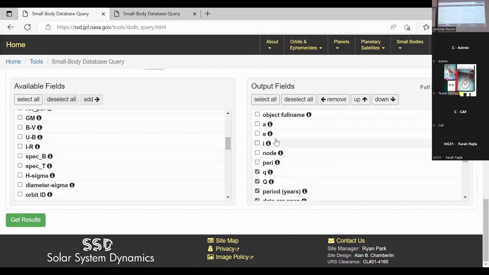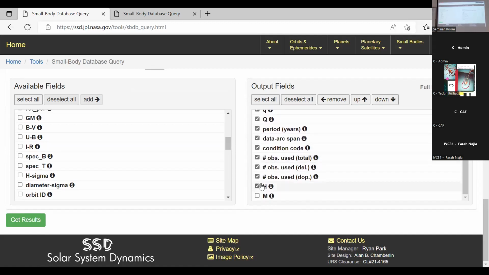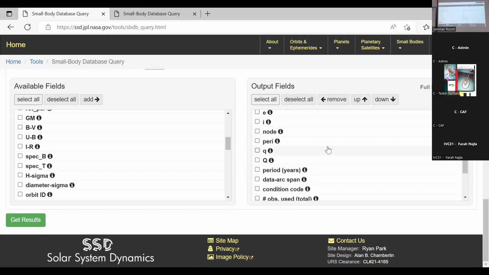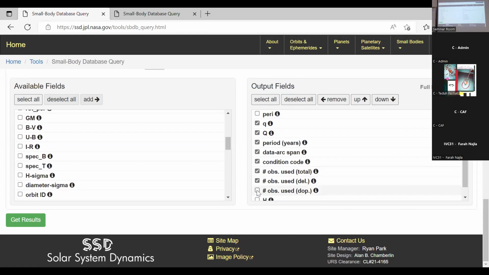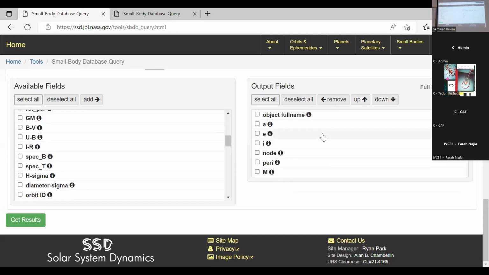Now remove the many checks here, up, down, remove. So finally you have the 6, and you want to know the name of the object, ID of the object. Okay?